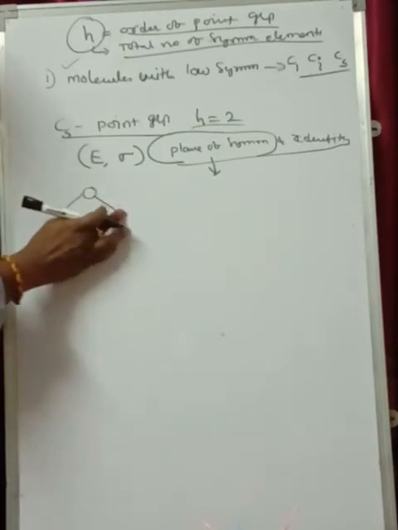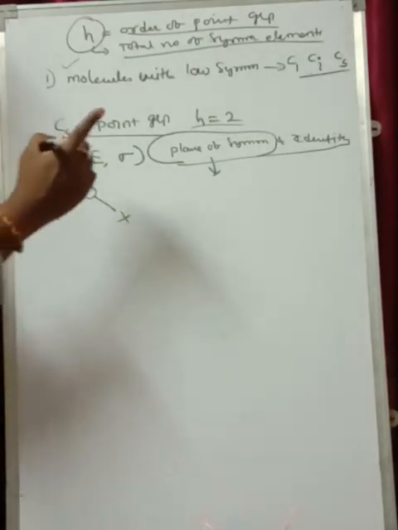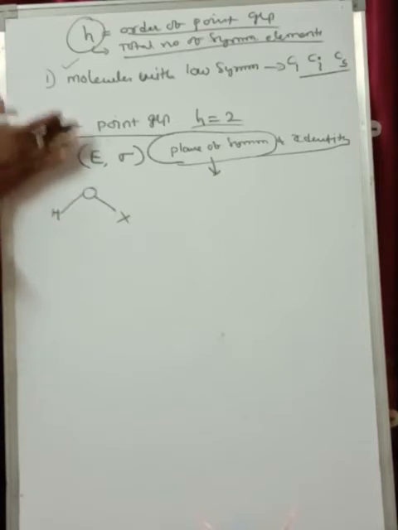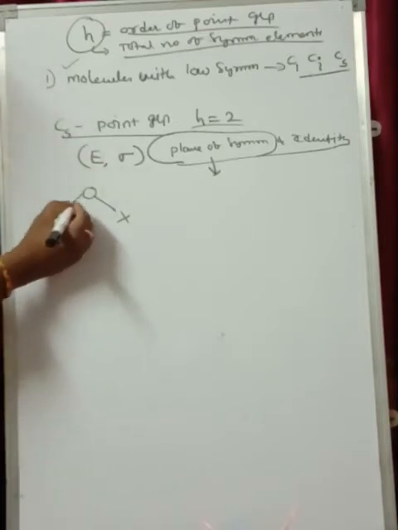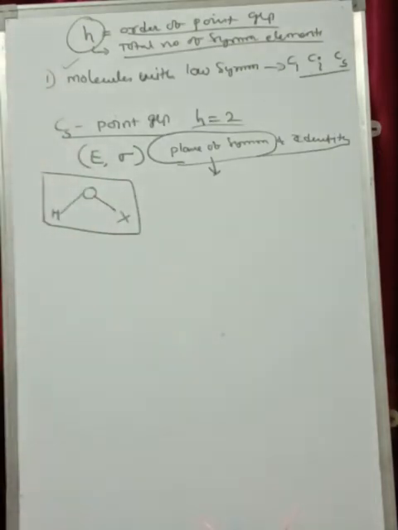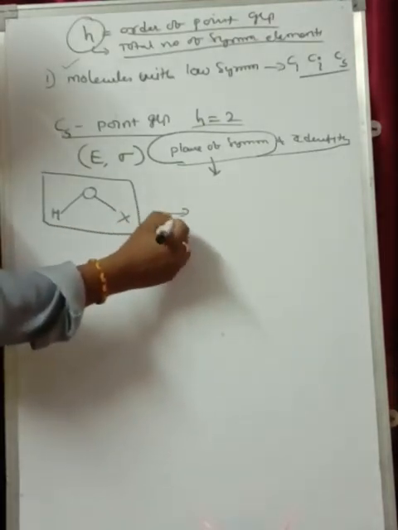If you substitute one of the hydrogens with some X group and look at the symmetry elements of this molecule, this molecule has only a plane of symmetry. That is, if you cut this molecule in the board plane, passing through the hydrogen, oxygen and X, that is the molecular plane. There is no rotation possible here. If you rotate by 180 degrees, it doesn't give you an equivalent structure.